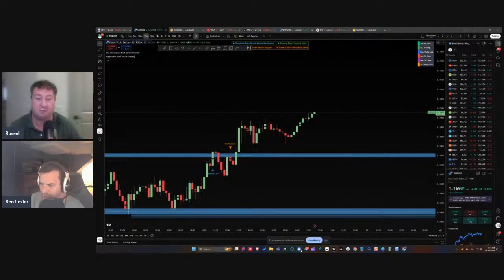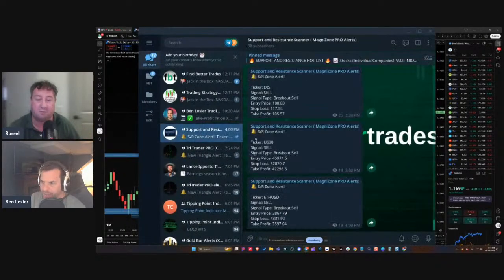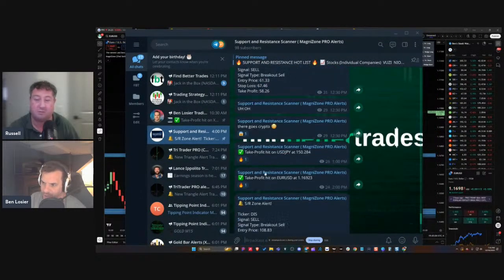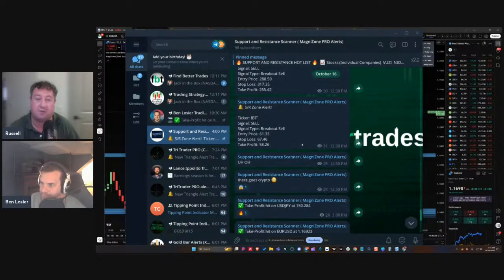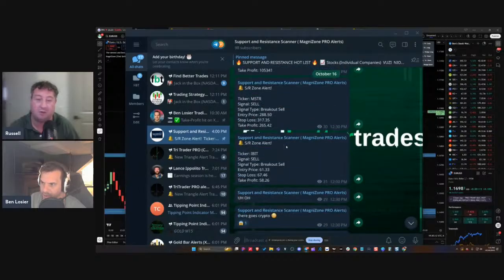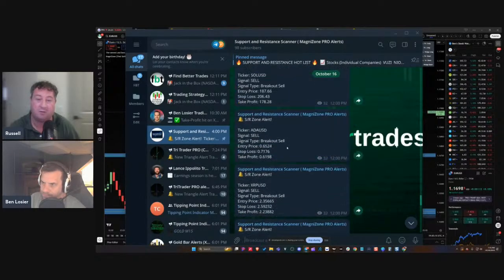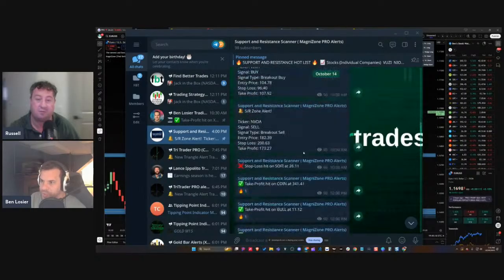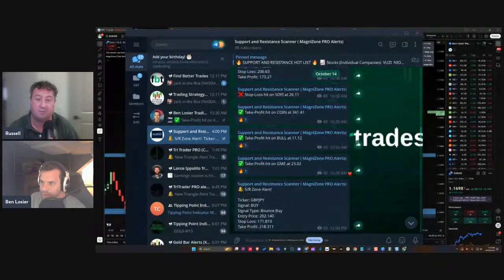But yeah, we had a lot, and I even have a scanner. So this is the scanner with it. These are not all my live trades, I don't take all these, but these are all the ones with the scanner. We actually have take profits and stuff. So this was that Euro dollar. You know what's really cool about this? There was a recent one, where was it? Here were a couple winners: Coin, Bull, GME.